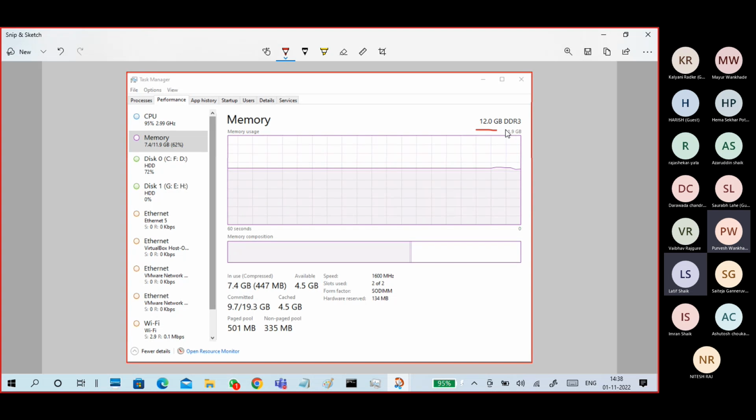Guys, it is 12 GB RAM and DDR3. My laptop is a little older, right? So I get a DDR3 model of the RAM. The latest ones are DDR4 and DDR5. Both are in the market. So it's DDR3. I have 12 GB RAM, and this is the speed, 1600 megahertz. Additionally, you can find the availability of RAM. If you compare total RAM and available RAM and a lot of difference is there, it means your system is slow